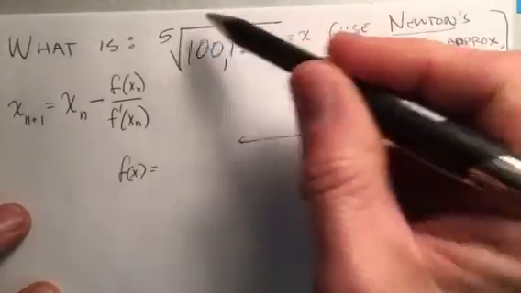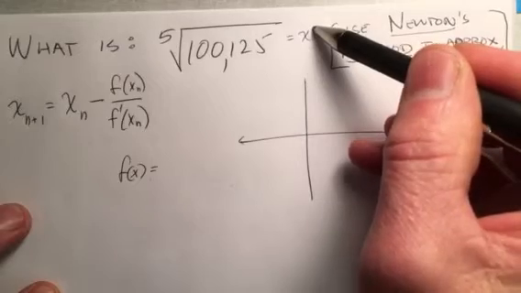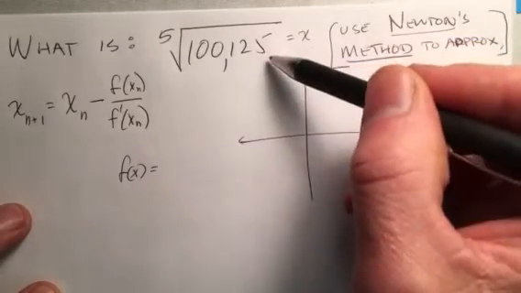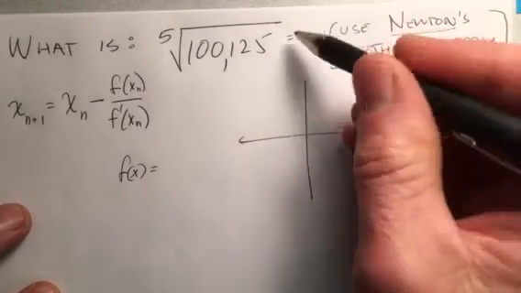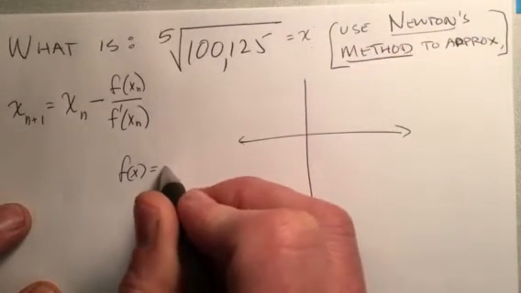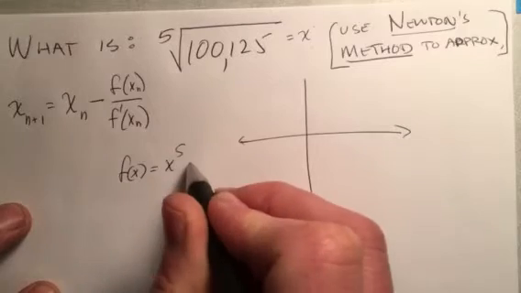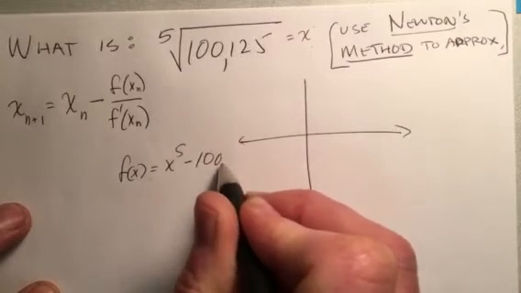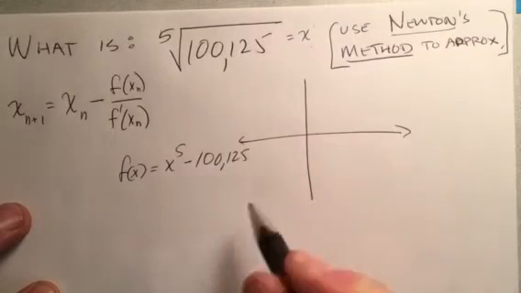If I raise both sides to the fifth, I get x to the fifth is 100,125. Then if I write it as x to the fifth minus 100,125,